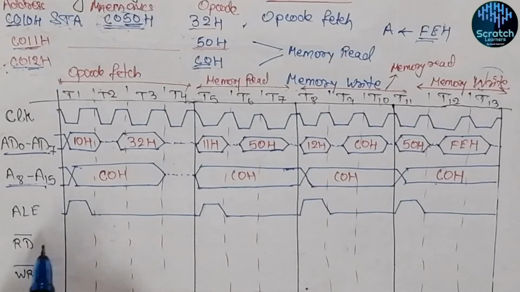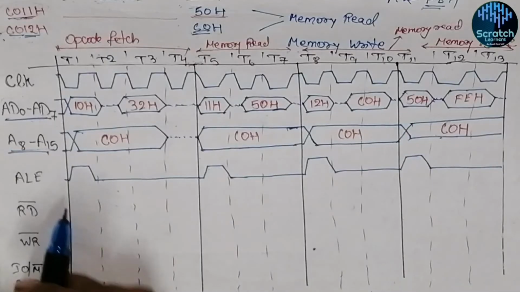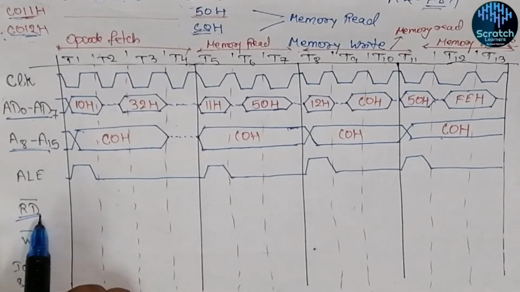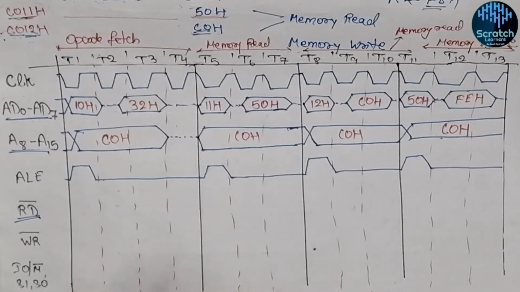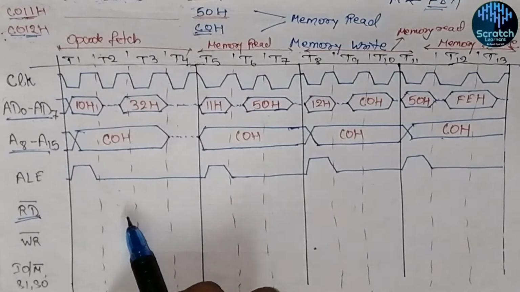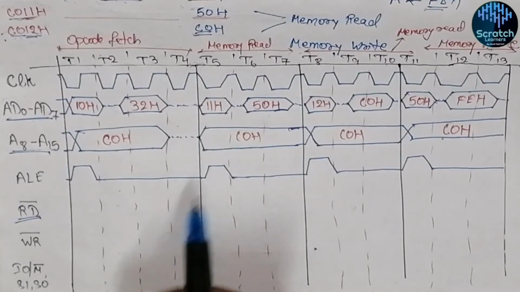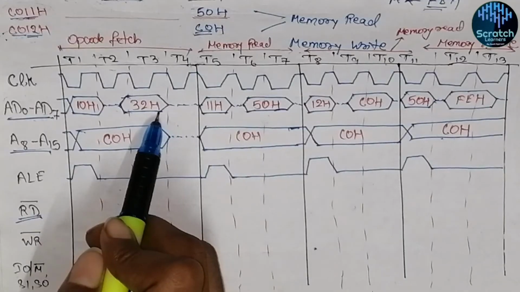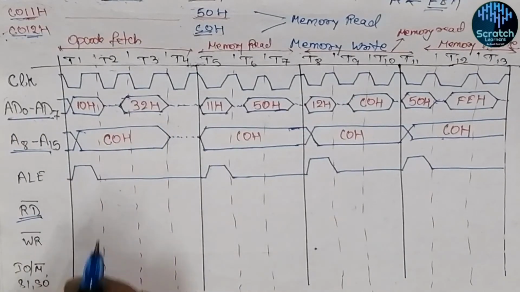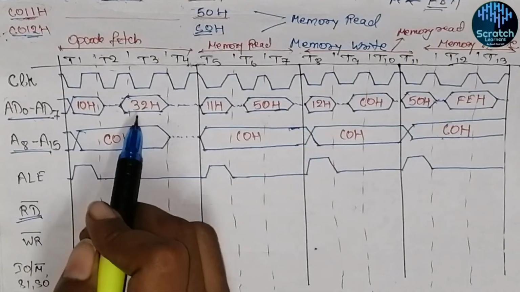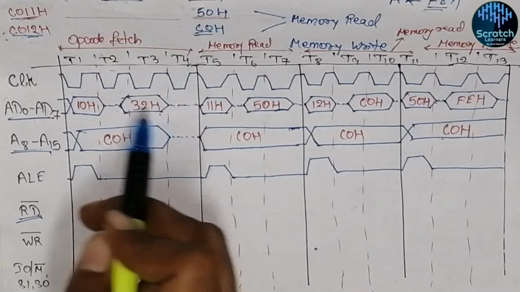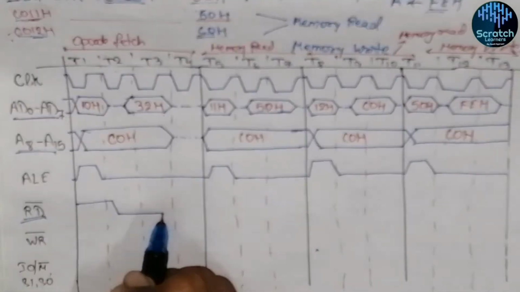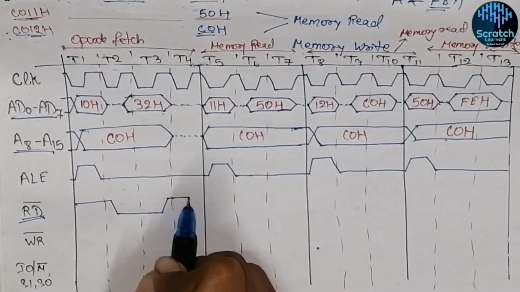Next, we will move to the RD bar and WR bar signals. Now, for the RD bar signal, this signal will become low when data is read from the memory. Okay, so in what T states is data going to be read? See here, in T2 and T3, the data, that is the opcode, is getting fetched through the data lines. Okay, so this is a read instruction. So the RD bar signal will become low in T2 and T3 T states. So it will be like this. Okay, this is going low, then again it will be high.